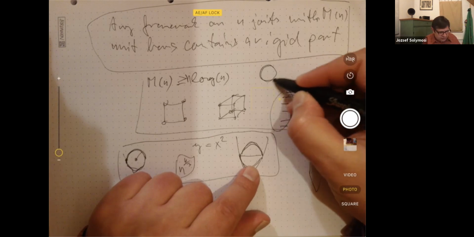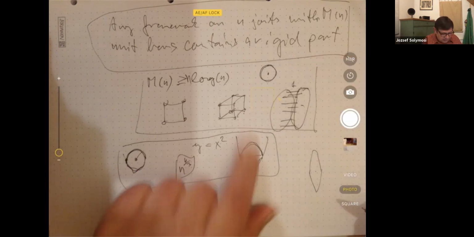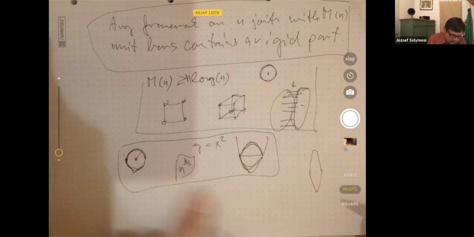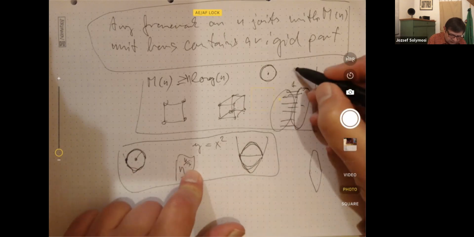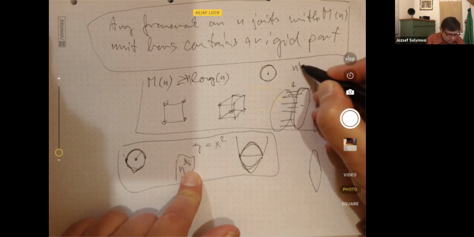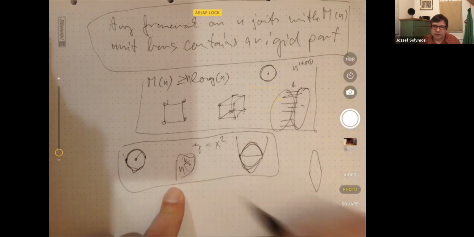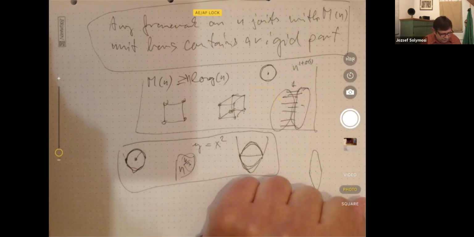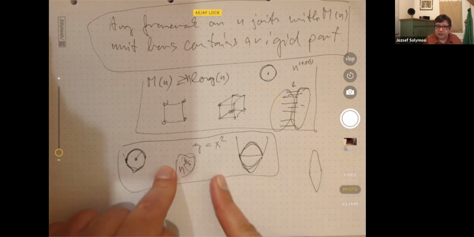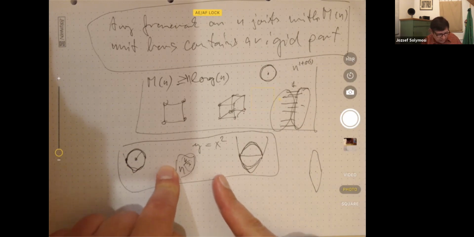If you modify it just a little, then you can't aim for n to the 1 plus little 1, because it's suddenly n to the 4/3. There are examples for that. Those constructions follow from Szemerédi-Trotter's theorem, which I'm going to explain.